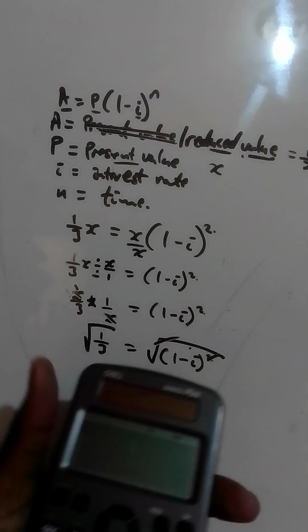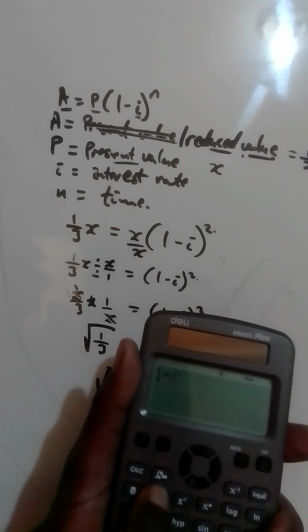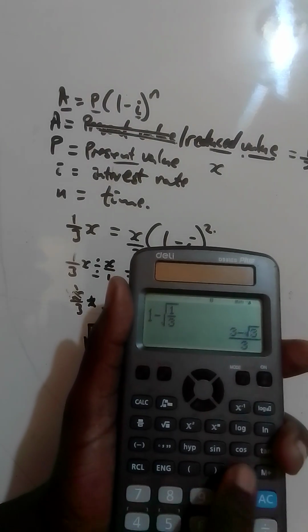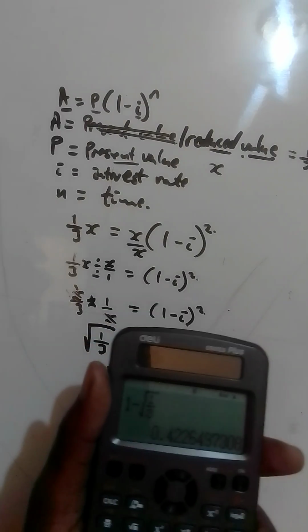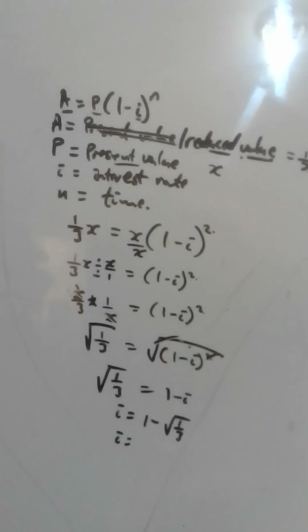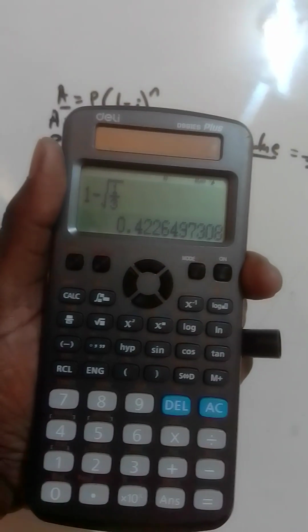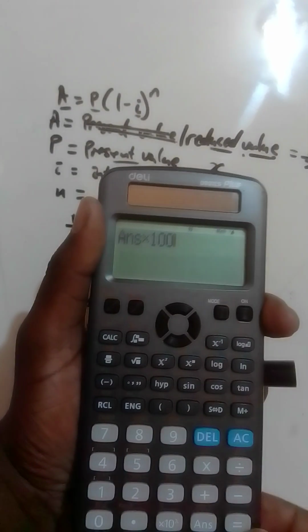So what are we going to do? Now I come here on the calculator, and I say 1 minus the square root of 1 over 3, which is now equal to that number, 0.4222, and a lot of numbers. But when I want the interest rate, I want it as a percentage, I don't want it as a decimal. So here I say multiplied by 100, meaning the answer on the screen I have to multiply by 100. So I go ahead and multiply by 100, which is equal to